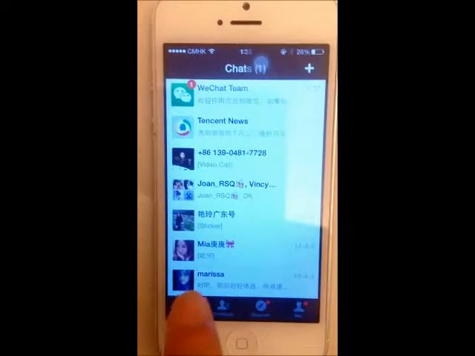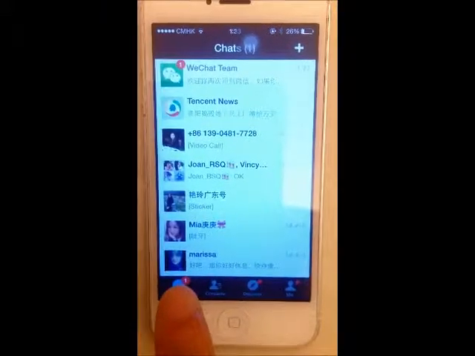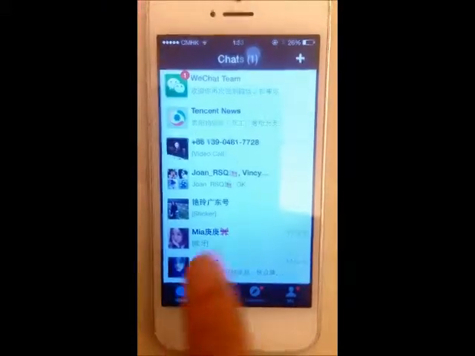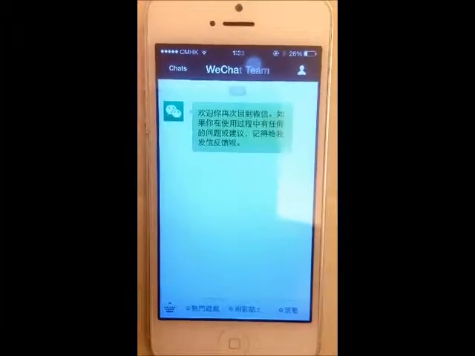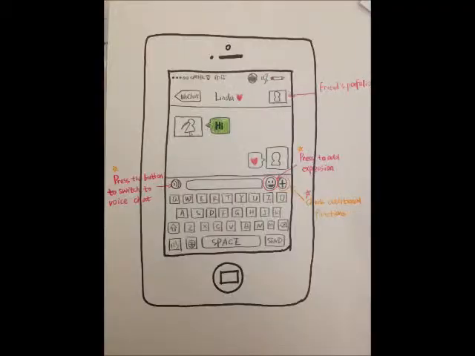If someone sent you a new message, a red number mark will be shown on the top of the icon of these people. You can check details by pressing the icon of your friend. You can send a message to him or her. In addition, you can also send lovely expressions to friends.